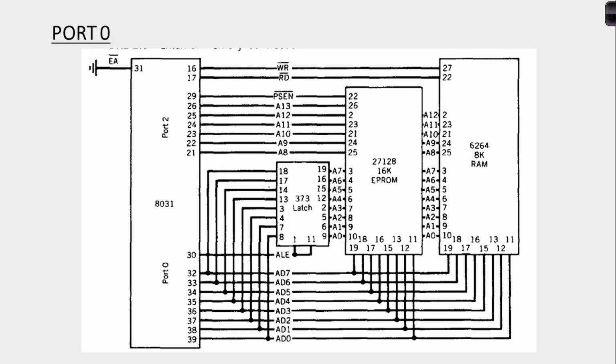It is going to be used with a signal, which we call ALE, address latch enable. When address latch enable is 1, this will be considered as address signals, and if it is 0, then my port 0 will be working as an input port, output port.